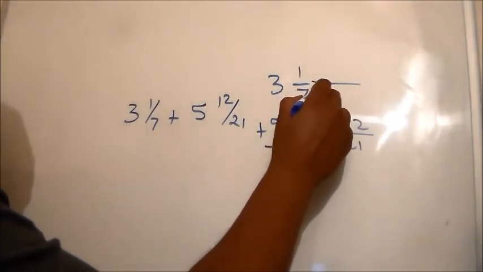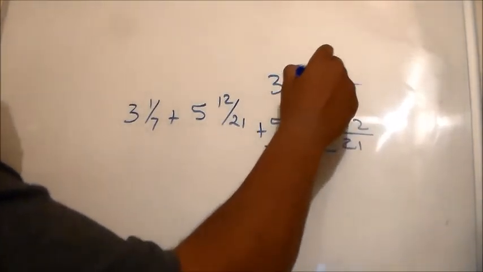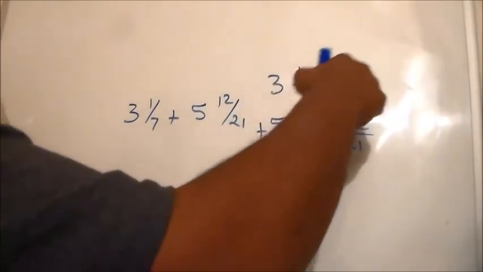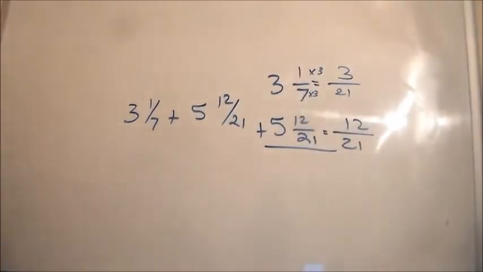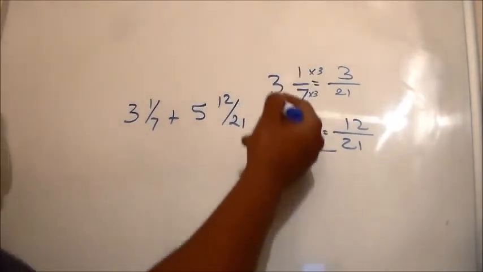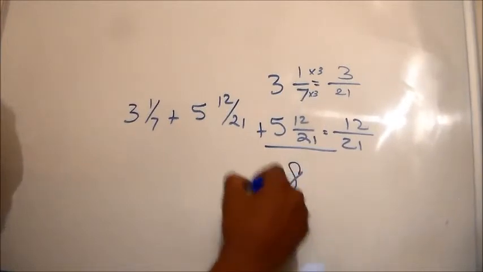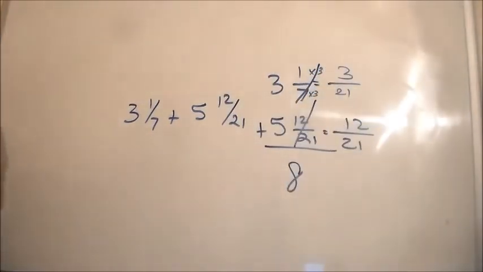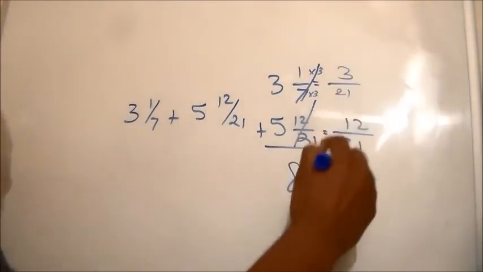We would multiply by 3 to get 21, so we have to do the same to the top. 7 times 3 is 21, 1 times 3 is 3. We're adding. So 3 plus 5, the whole numbers, we deal with that, which is 8. Don't worry about this because you have your new converted numbers. 3 plus 12 is